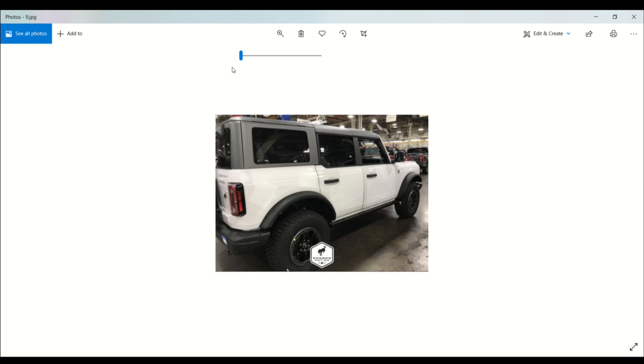There's also an available Sasquatch package that adds the 35-inch mud-terrain tires, locking front and rear axles, high-clearance suspension and fender flares, and built-in dampers. Now, Ford's spokesperson, Mike Levine, recently said that it's only available with the 10-speed automatic transmission. It was later revealed that they're going to be coming out with a manual transmission on the Sasquatch package. Now, Sasquatch, the Badlands, and the Outer Banks